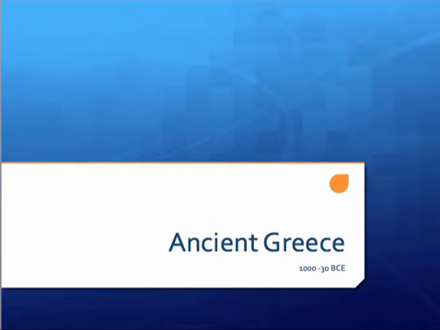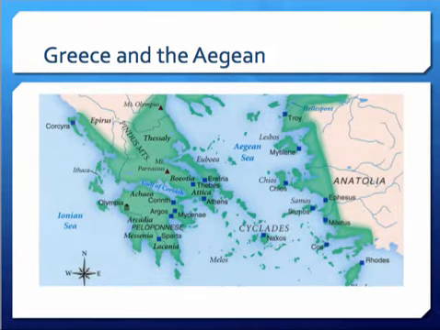Now, in an earlier series, we looked at Minoan and Mycenaean civilizations, and as a result of that, we're not going to recover those. But remember, those are the civilizations that took us from the early origins of Greek civilization in the Eastern Mediterranean from approximately 2500 BCE all the way down to around 1100 BCE. We're going to pick up with that story from here, but reorient ourselves first to the geography of the Aegean